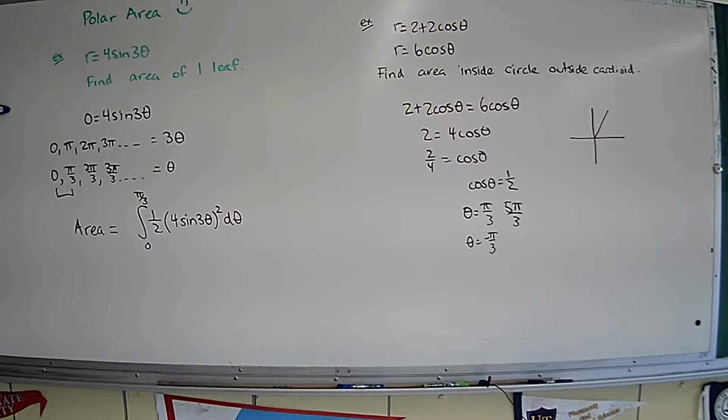Because I want to figure out how I sweep out this wedge of the cardioid. If I increase theta from pi over 3 to 5 pi over 3,